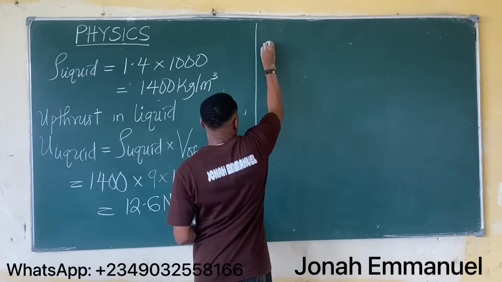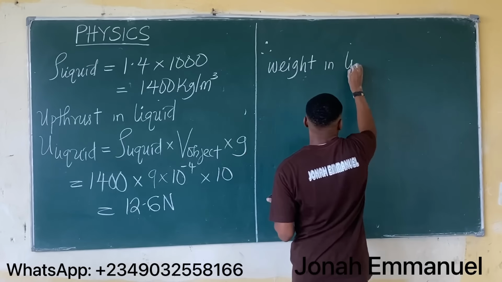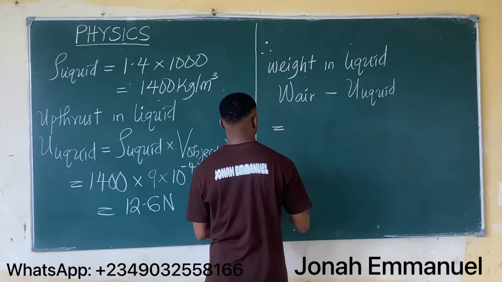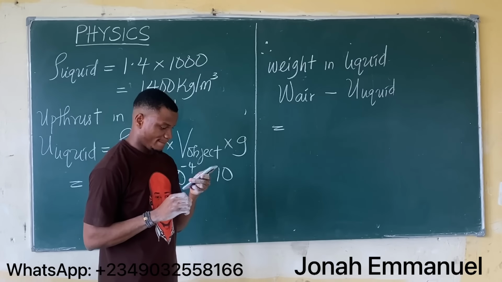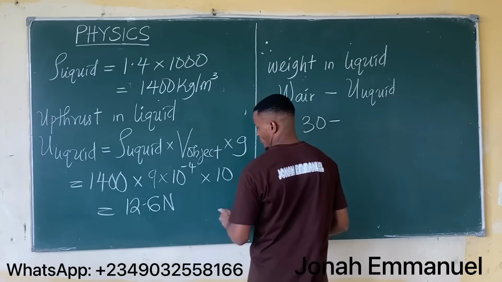So therefore, weight in liquid becomes weight in air minus the upthrust in liquid, and that's equal to the weight in air. Let me get the value again. The weight in air then was 30 newtons. It becomes 30 minus upthrust in liquid, 12.6. So subtract 30 minus 12.6. So I'm having 30 minus 12.6. That's about